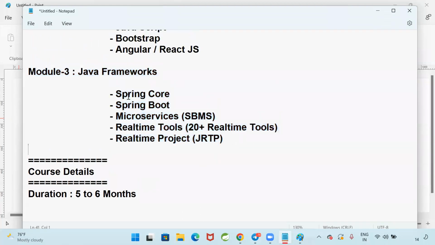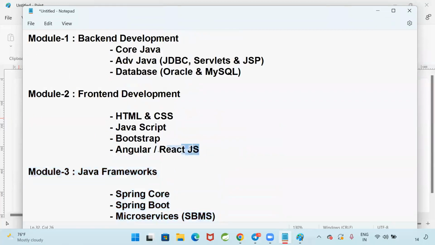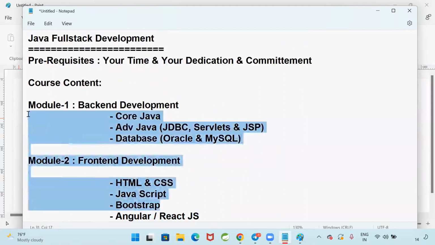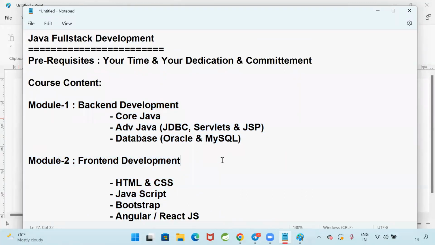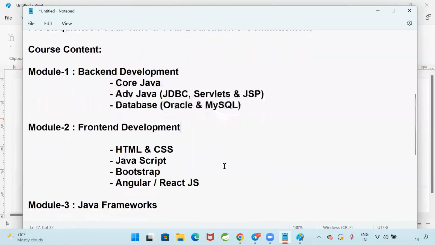React and Angular were also not available in 2012. Only these concepts. Along with that, Hibernate was there, the Struts framework, some outdated frameworks. Currently they are outdated, but at that time they were trending. We learned those frameworks in 2012.